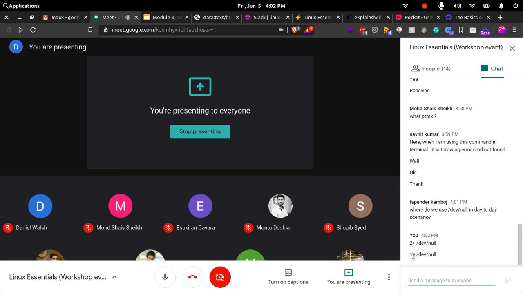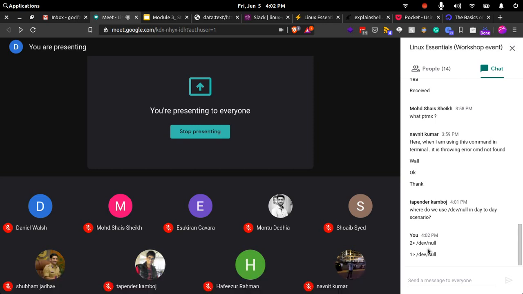The command below will redirect the standard output to /dev/null, and the 2> before it will redirect your error to /dev/null. I have seen it widely used in shell scripts and mostly in those scenarios only.